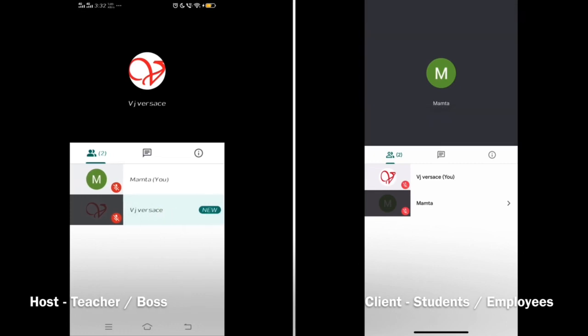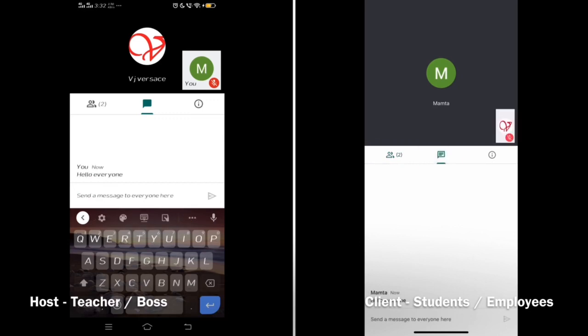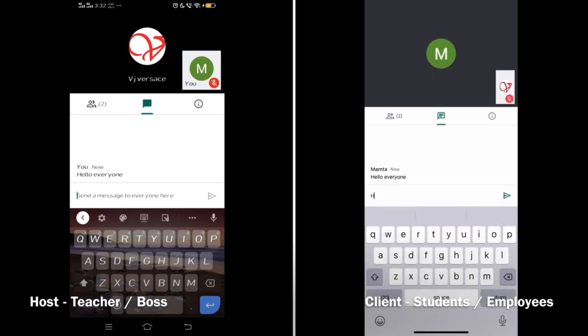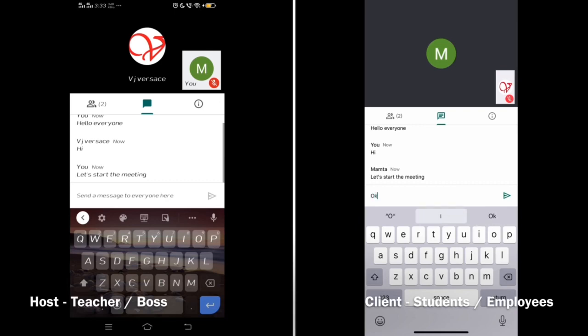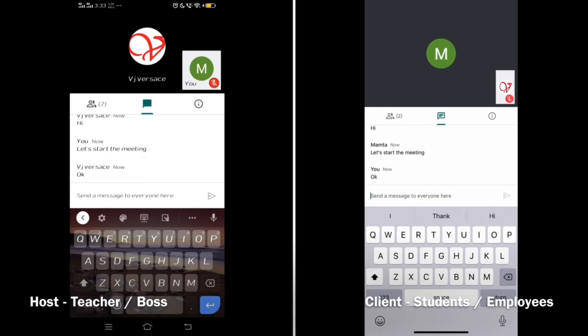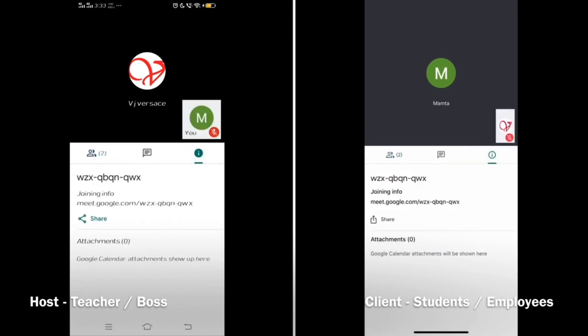In the portrait mode, we can see the first tab shows the number of participants in the meeting, while through the second tab, we can share the messages throughout the participants. While the third tab shows the meeting code.